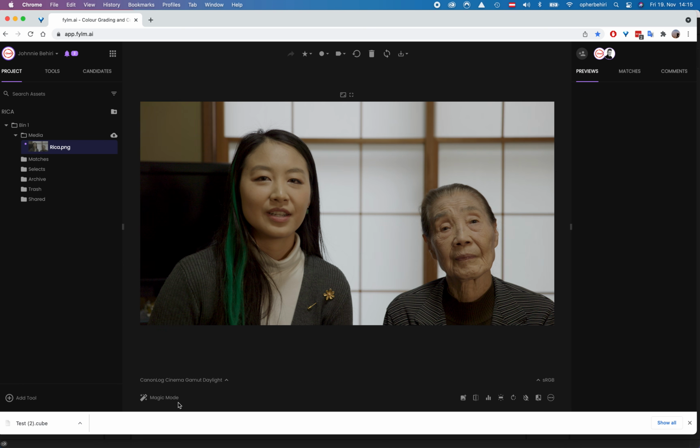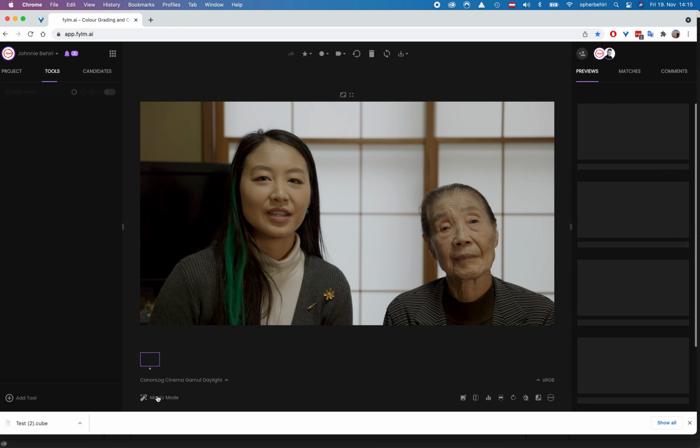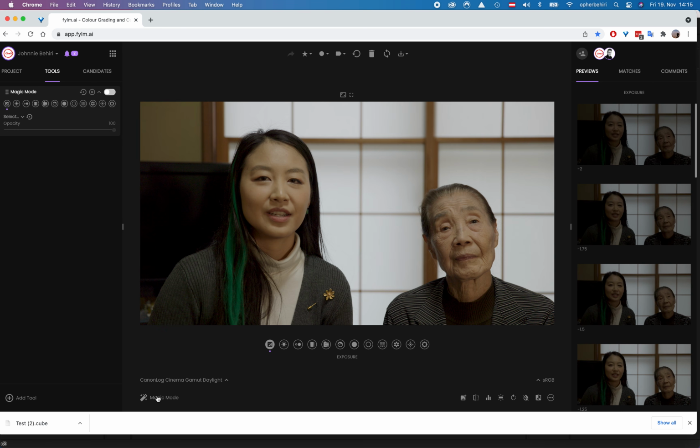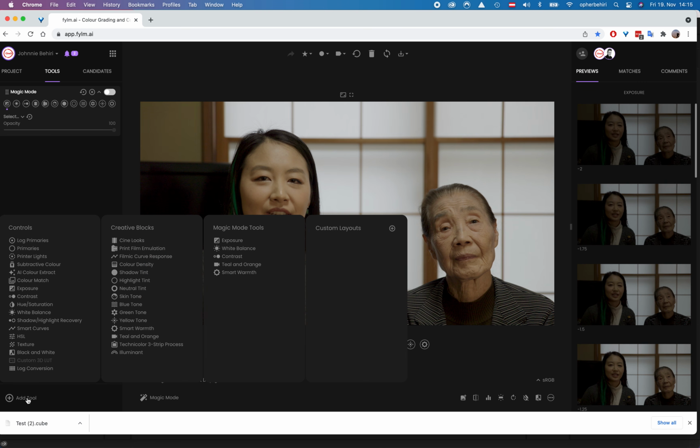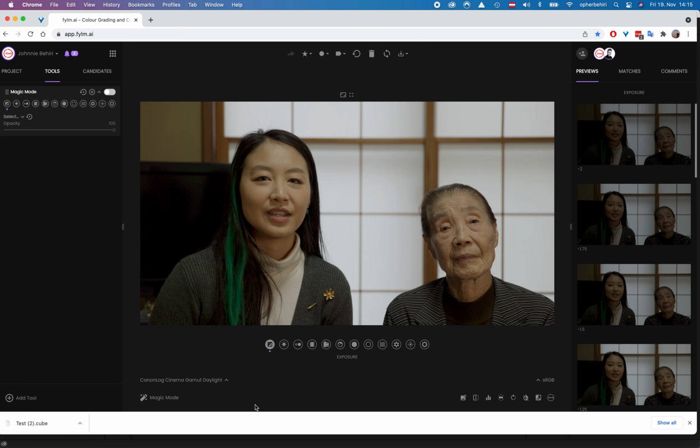The next thing, I have to look at the magic mode, and that's where the magic is really happening. I will click on it. And by the way, before doing anything as simple as I'm going to demonstrate, if you need other tools, this is a full-featured color correction application, but we're not going to touch this right now. It is simply not necessary for what I want to show.